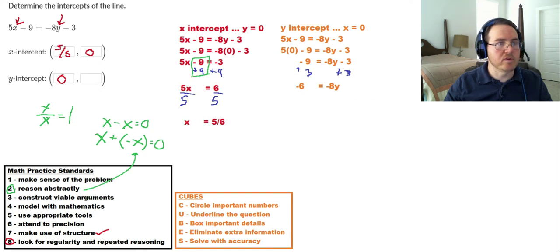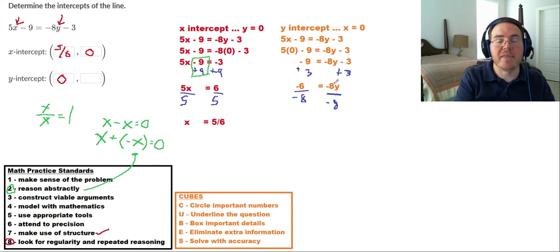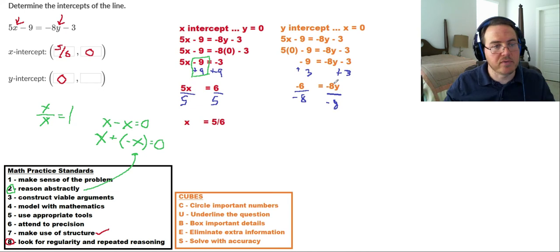We've got to do some more inverse operations. I have to divide both sides by negative 8, for the same reasons I did in the last problem. I want to divide by the coefficient, that's whatever the letter is stuck to, to get rid of it. Because once you divide by the same thing, you get 1, and 1 times anything is just itself. So what is that going to leave us with?